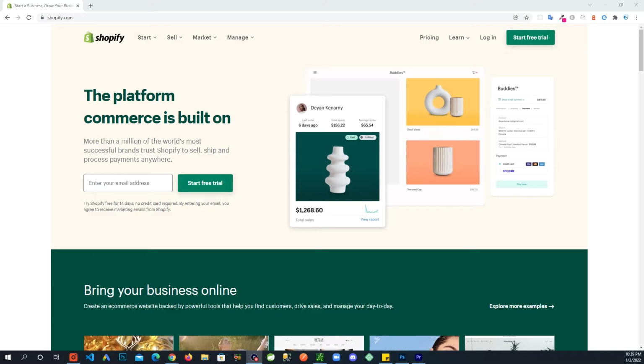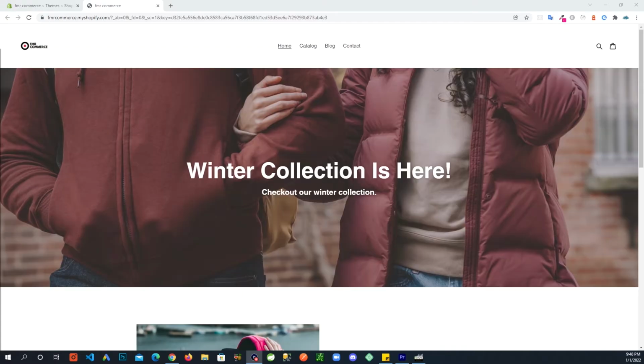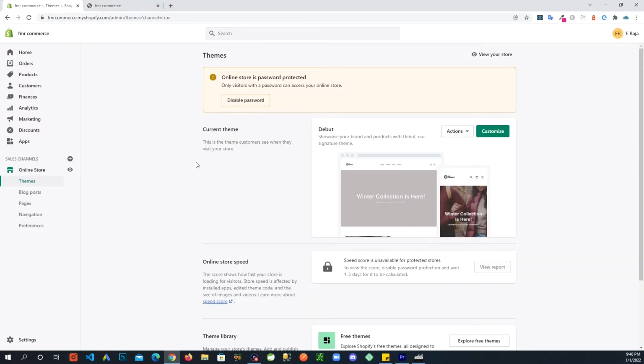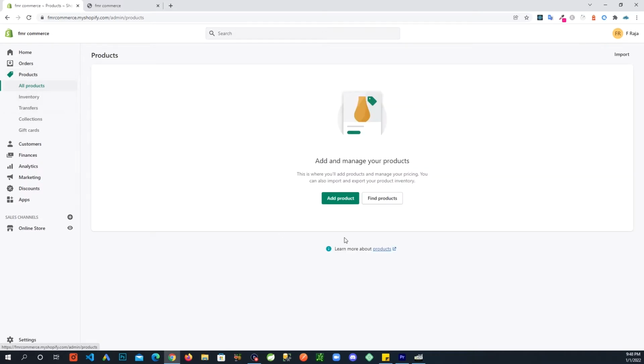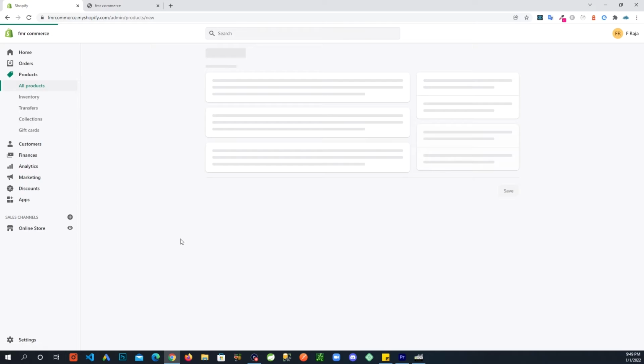Alright, so next we are going to take care of one of the most important things, which is to finally add some product. Let's see, so I will start by adding a simple product. So you're in here, if you look up top right here, you see products, and here you will see add product. So I'll go in there,